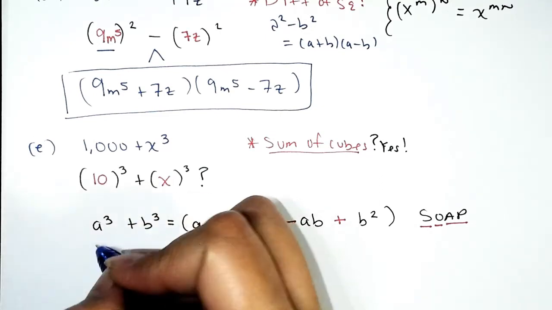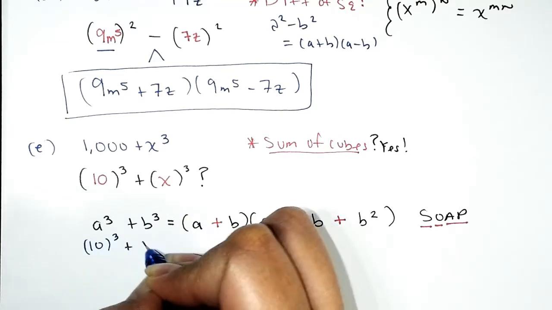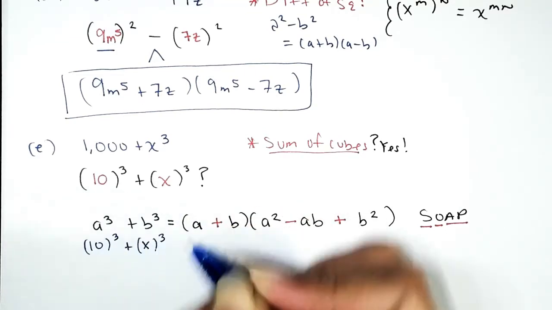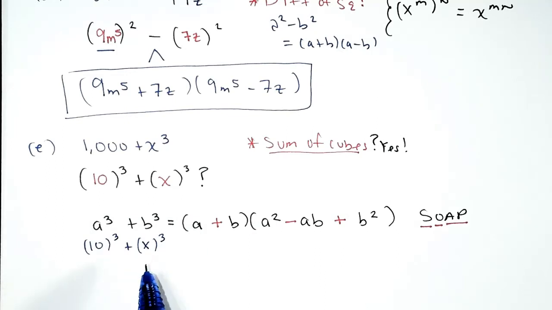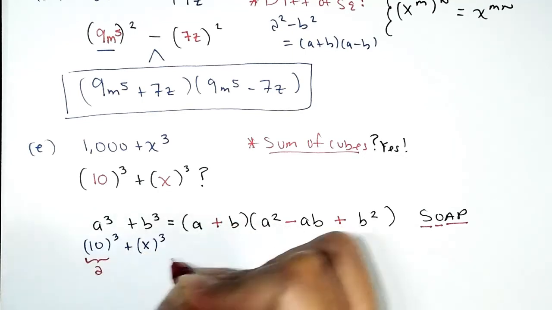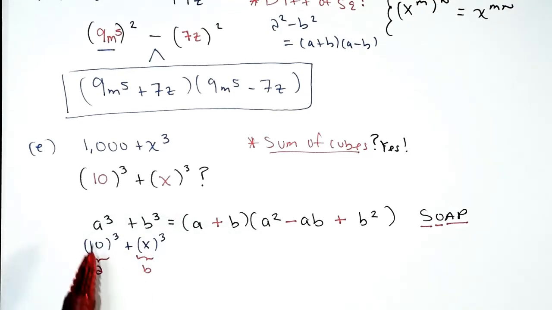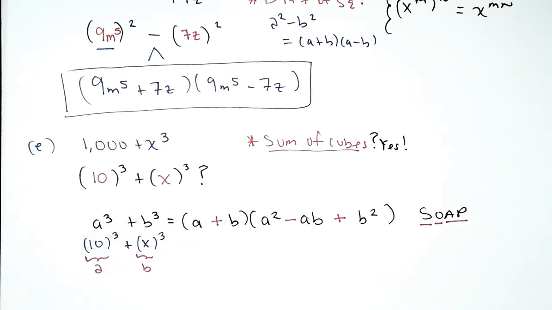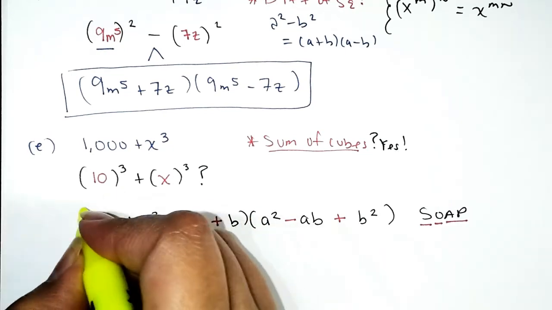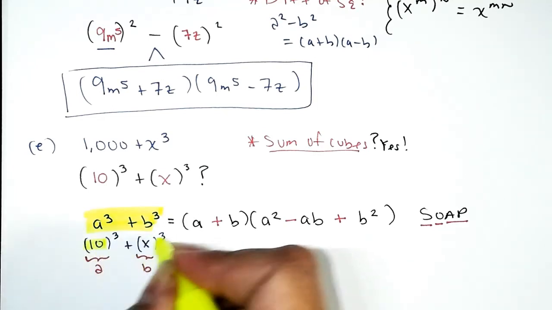Okay, so we have 10 cubed plus X cubed. Why do I put it in parentheses? Because it helps me to identify the base. The first base is 10, so that's our A. Our second base is X, so that's our B. So if this is our question, then this will be the answer. Okay, A plus B. So it'll be 10 plus X